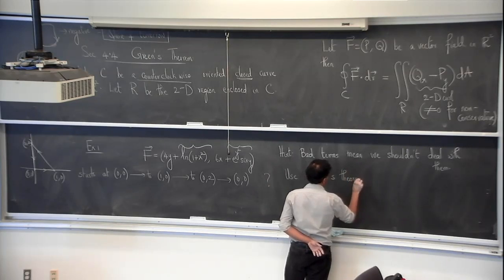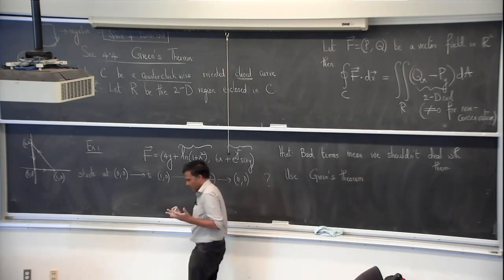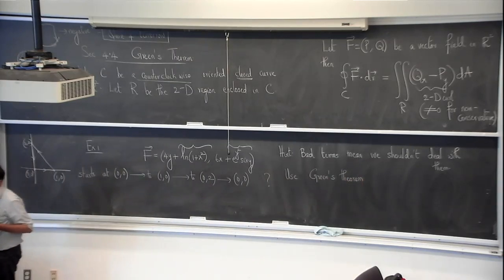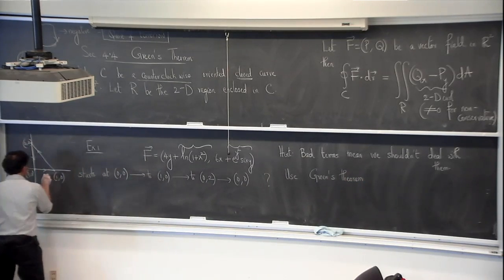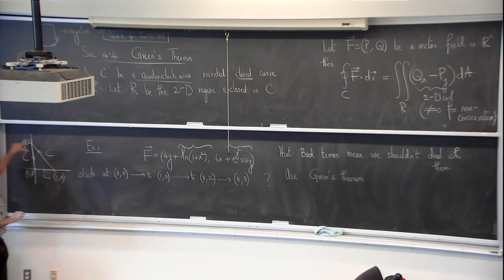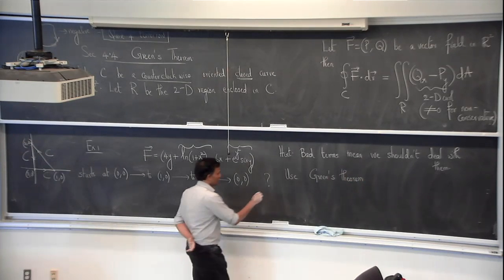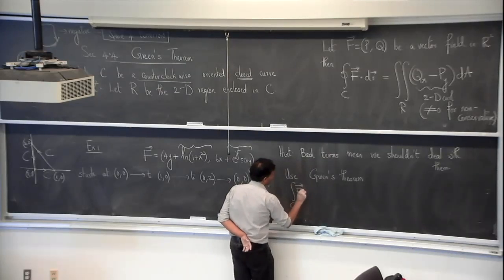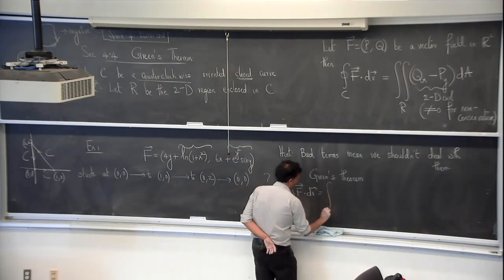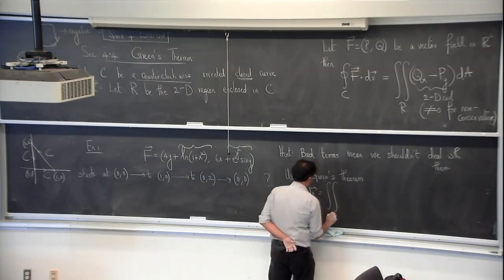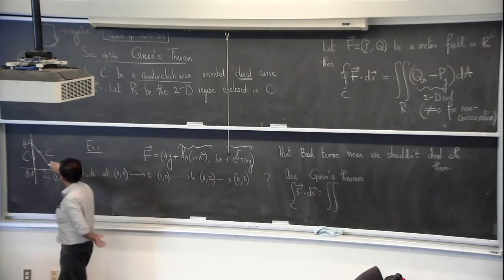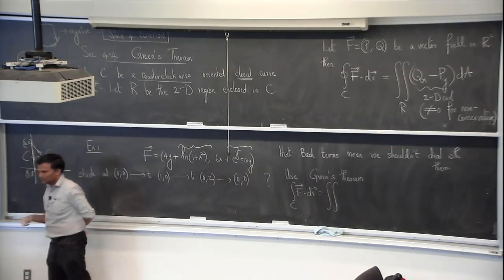I know these problems might look a little artificial because the idea is to make the concept clear, not to drown you in calculations. It's a good candidate for Green's theorem because it's a closed loop, and it's counterclockwise, so the orientation is okay. So this is the C here. C is built with all these 3 lines. So the integral along C, F dot dr, equals the double integral, not the single integral, inside this region R, which is actually a right angle triangle,